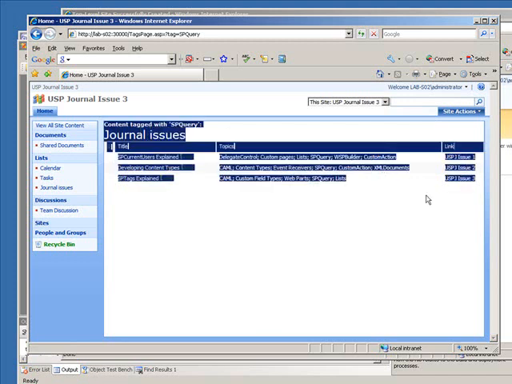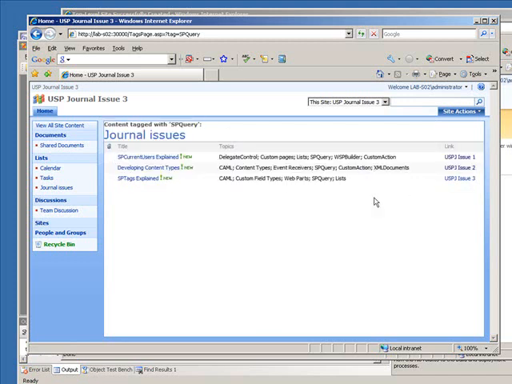This is the tags page, which gives you an overview of all the content within either the web or the list that's been tagged with the tag you selected. And we also link back to the site or to the individual lists. So we can go into the lists here,